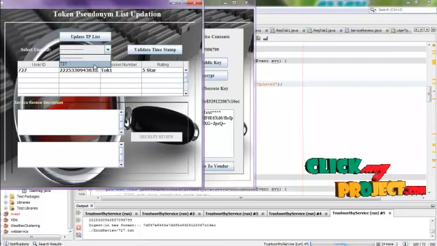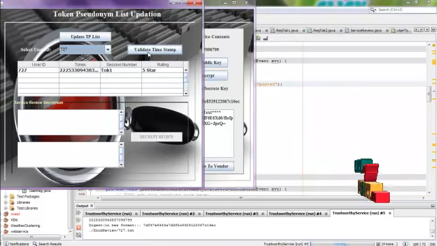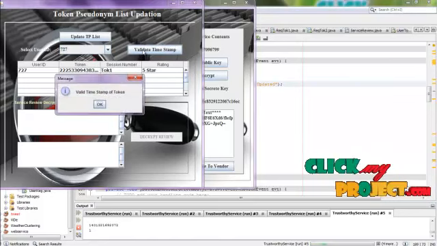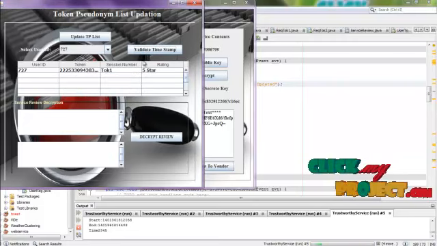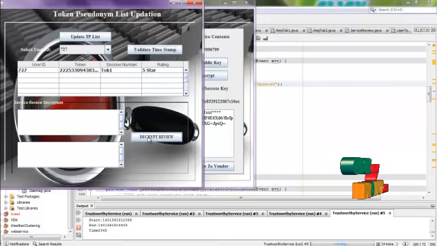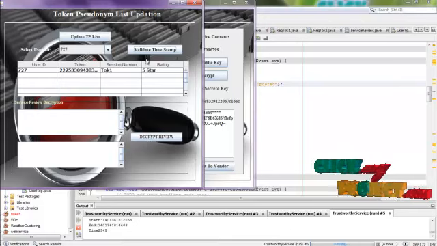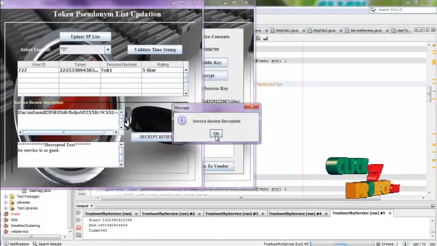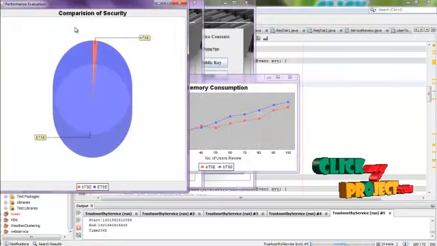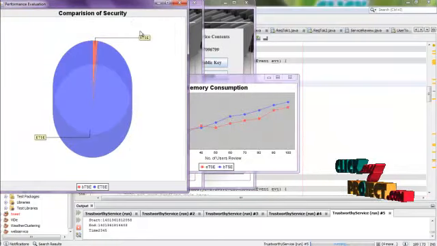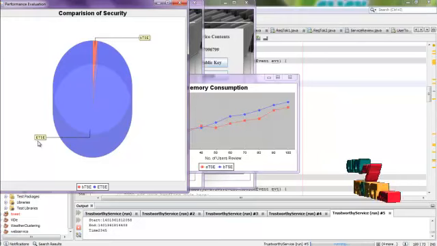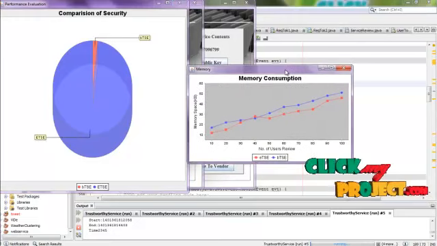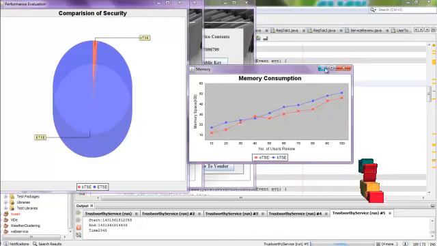Just select this corresponding ID to validate this token with the help of this timestamp, which gets generated during the token generation. So if this timestamp is within the 15 minutes or within the threshold level, means it can decrypt those reviews and those reviews can be published to the public. So after this successful decryption, we can evaluate the comparison of the security with the existing system called a basic TSE and proposed ETSE, and we can also calculate its corresponding memory consumptions.